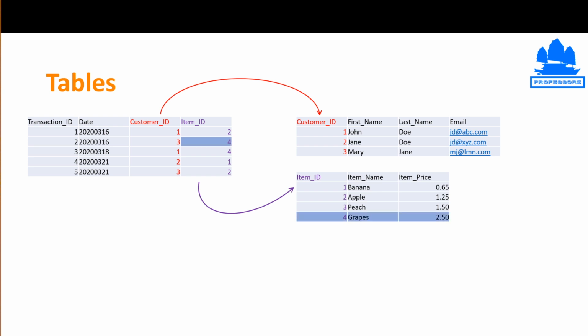So when we show an item ID 4 on the second row of the transaction, we really mean that it's the item ID 4 in the items table, which here corresponds to grapes, which is $2.50 per item. So you see, this way you don't have to save the information for the customer or the item in the transactional table. Rather, you can keep the transaction table small and lightweight by saving only the integer, the whole number